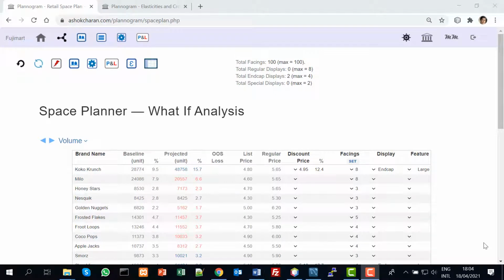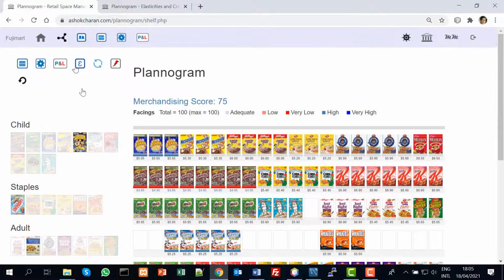The Plannogrammer is an online training facility for category managers, trade marketers, and retailers in consumer markets. It supports a collection of simulation and analysis platforms such as the Space Planner for optimizing space and promotions plans, Planogram for populating shelves and merchandising,